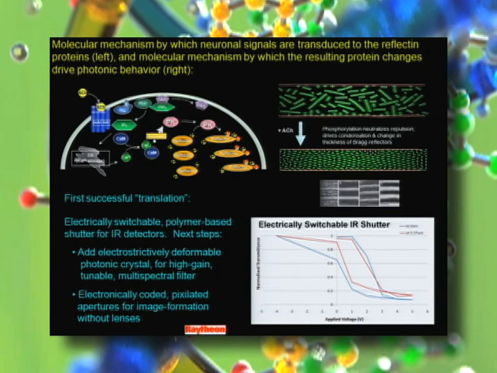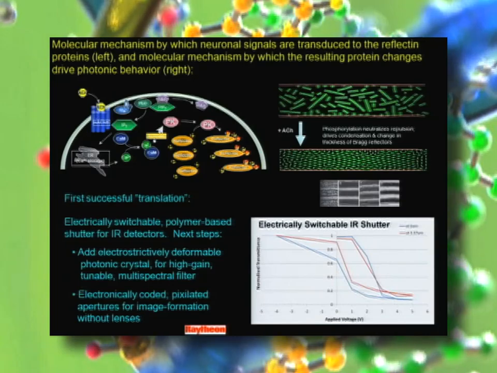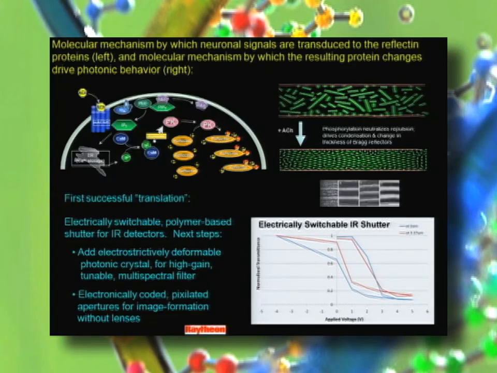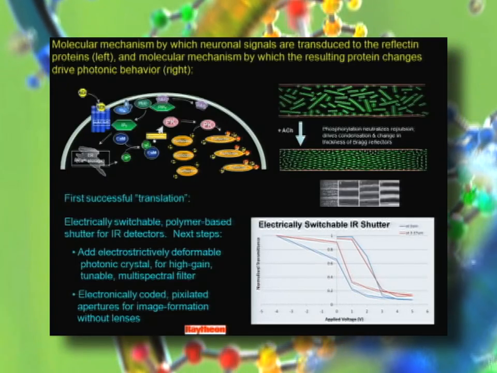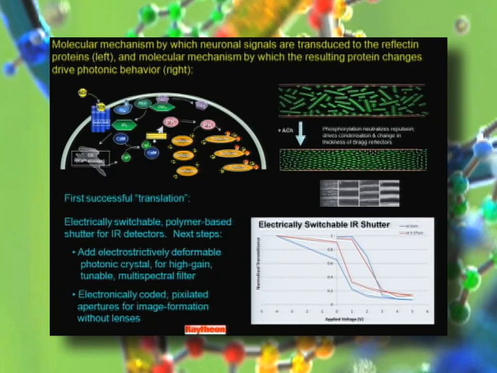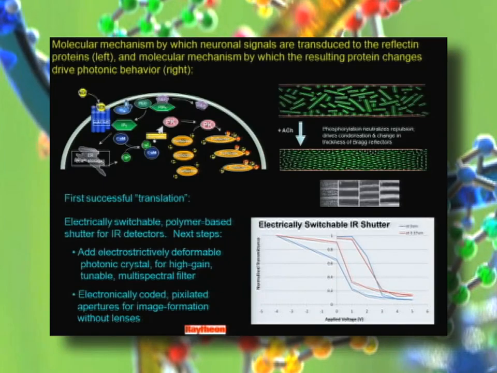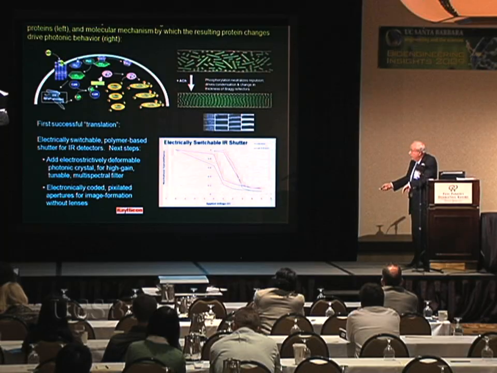We've also been working to understand how the changes in charge on the reflectin proteins overcome the initial high positive charge to allow condensation of the proteins in these lamellar organelles, to drive the increase in refractive index and the change in thickness. Working with our colleagues at Raytheon, Amanda Holt in our group has translated this information into